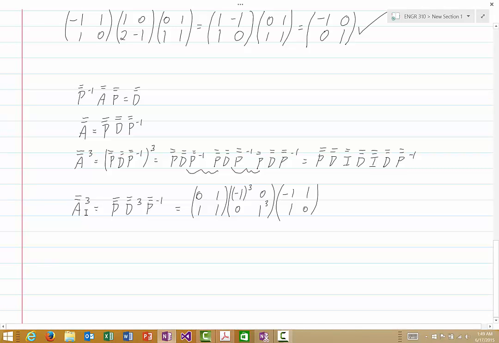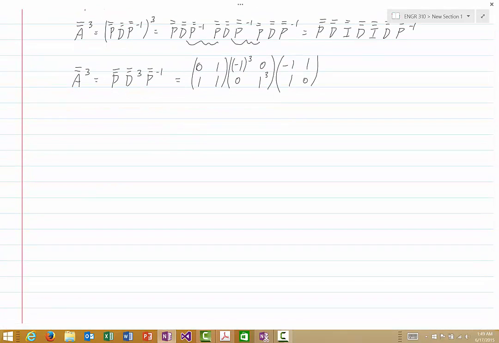And of course, I'll just leave it to you if you wish. You can go ahead. Of course, -1 cubed is -1, +1 cubed is +1. So it would be easy to multiply this out and to verify that it is indeed equal to A cubed. So let's do one more example of this, but with a higher dimensional case, just to make sure that this is all clear. This next problem will be a little bit more involved, but I think it's worth it to see one more example. So we'll look at problem